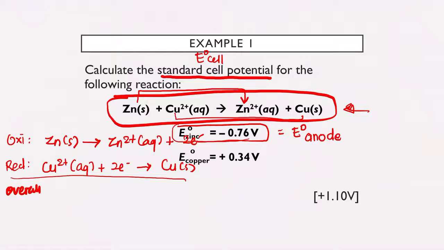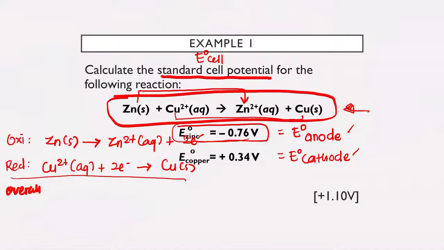Sebab zinc yang undergo oxidation kan? Okay. So copper will undergo reduction. That means that this is your E not cathode. Okay? So if you already have these two, that means that you can directly find the